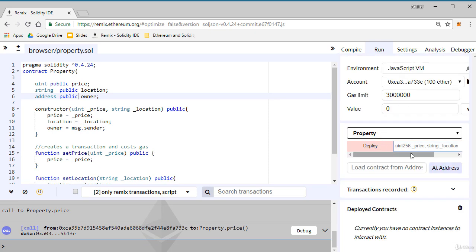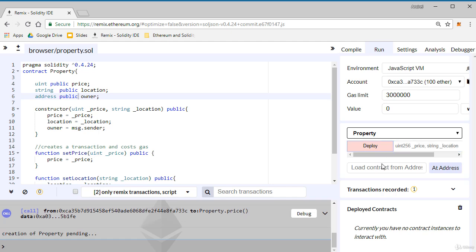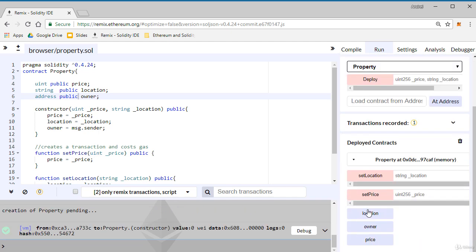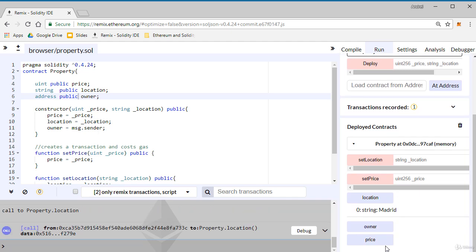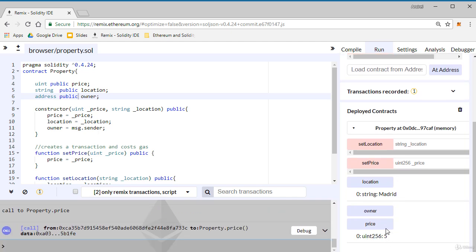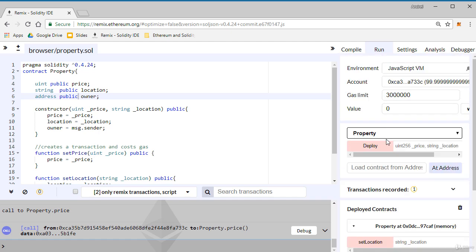So I deploy the contract specifying its arguments, let's say 5 and Madrid. And I press on deploy. The contract has been deployed and location is Madrid, price is 5, and now owner must be the address of the account that created the contract. This is the